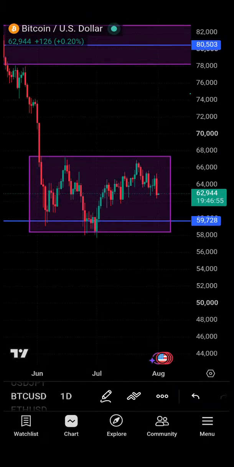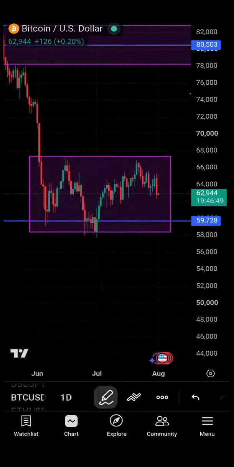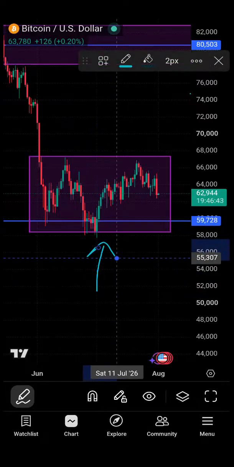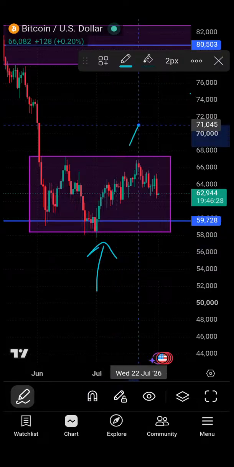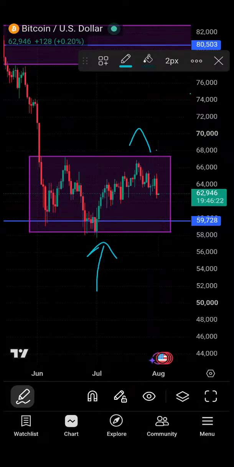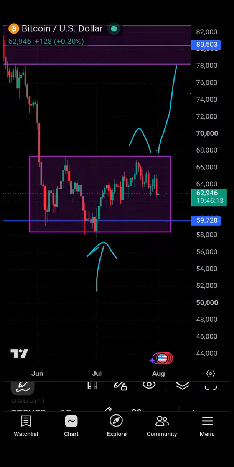This indicates that it's not a right time for you to buy and hold Bitcoin. I'll repeat that. This indicates that right now it's not the right time for you to invest on Bitcoin. Okay? You rather wait for a break and retest. Then you can buy from here and hold maybe up until this area. Okay? Because still around this area